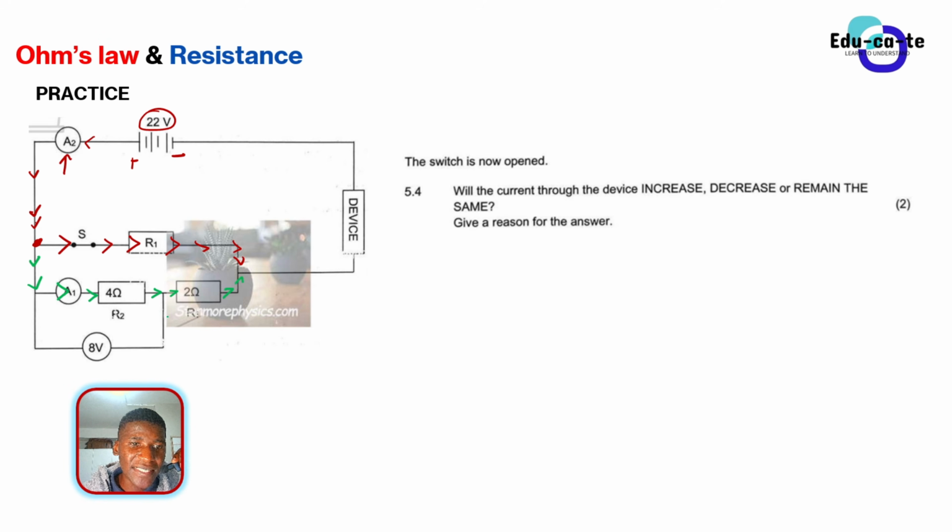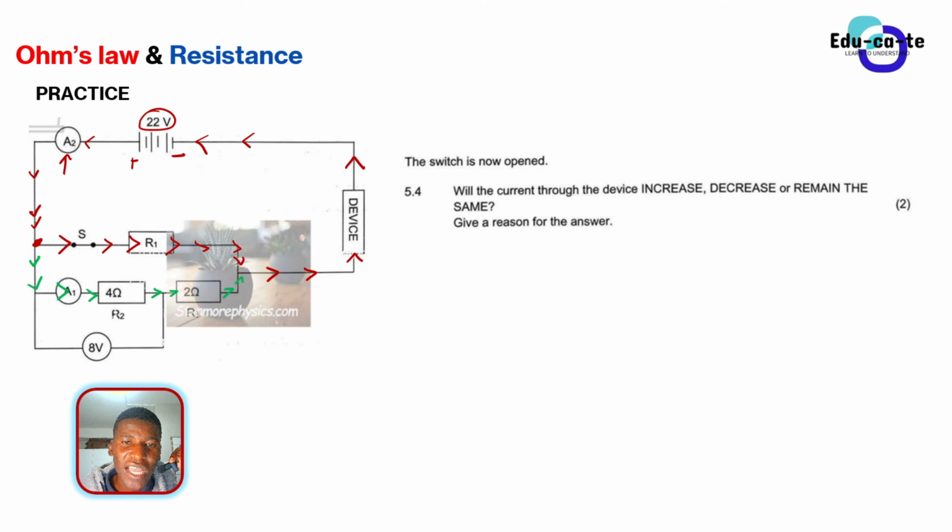And then this current will recombine again. It will combine back to what it was, back to being the total current. It will now move and go to this device. So this device is getting the total current. Guys, make sure you've watched my videos on series and parallel circuits. Understand what I'm doing here.